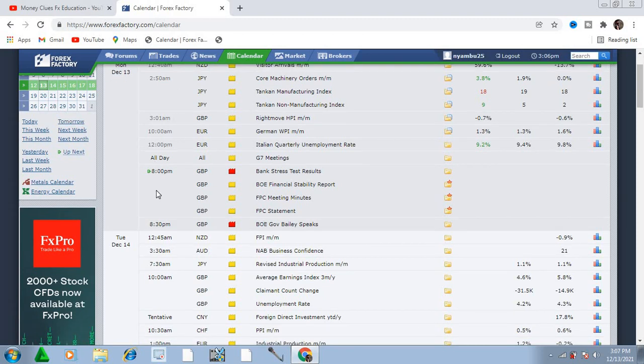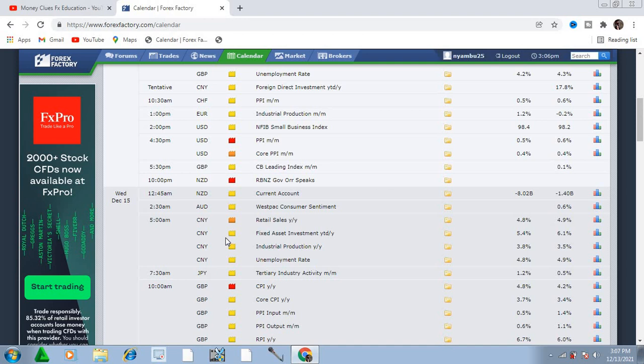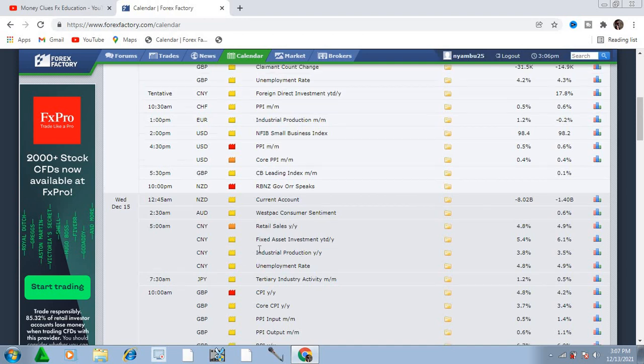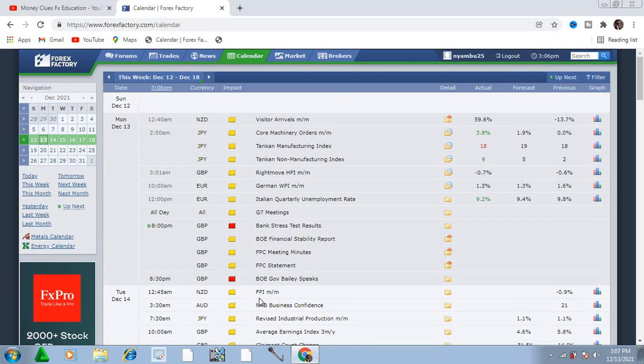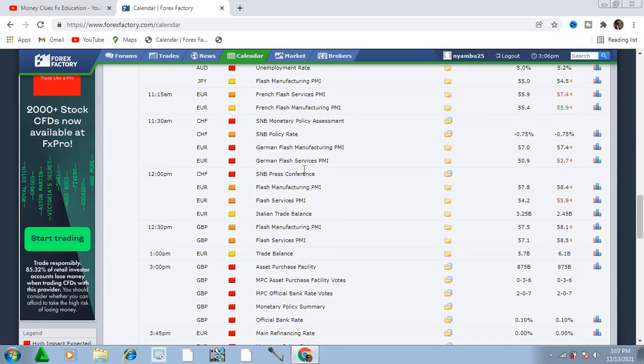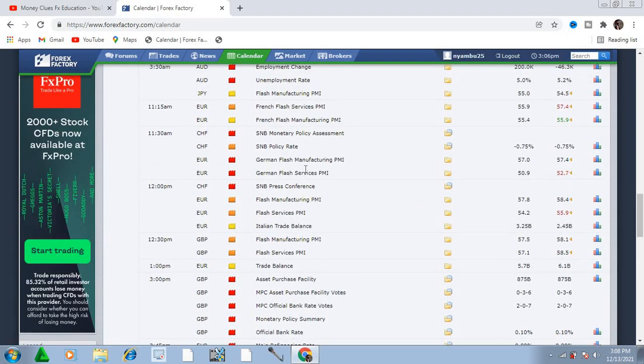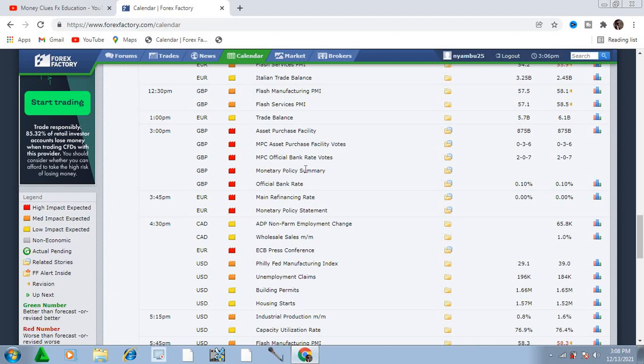You understand? And the brown news, they're not really effective to the market. Actually, most of us don't pay attention to them. We only pay attention to the yellow ones and the red ones, but the red ones are very, very effective compared to the yellow ones, guys. So you don't have to have all these appearing on your screen. So what can you do? Like sorting all these, because brown ones are medium impact expected, and the red ones are high impact expected, and the yellow ones are low impact expected.